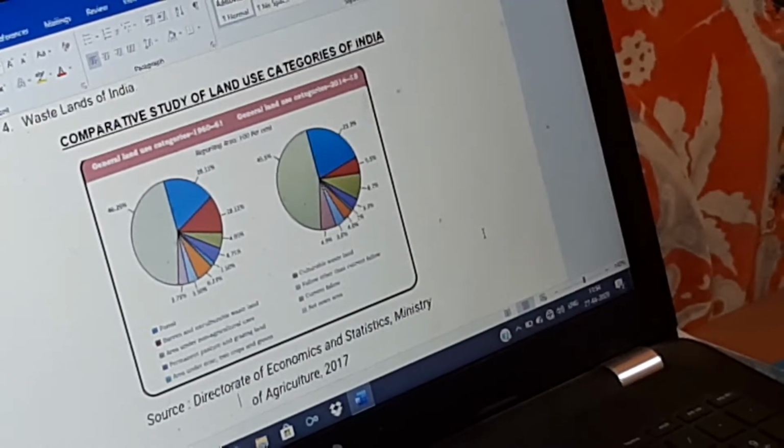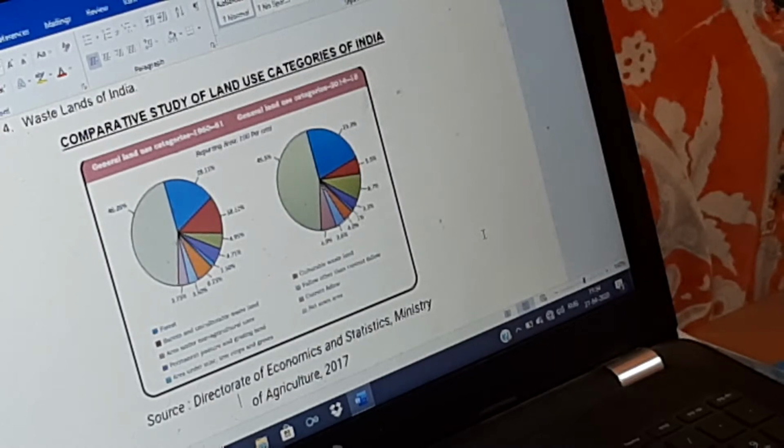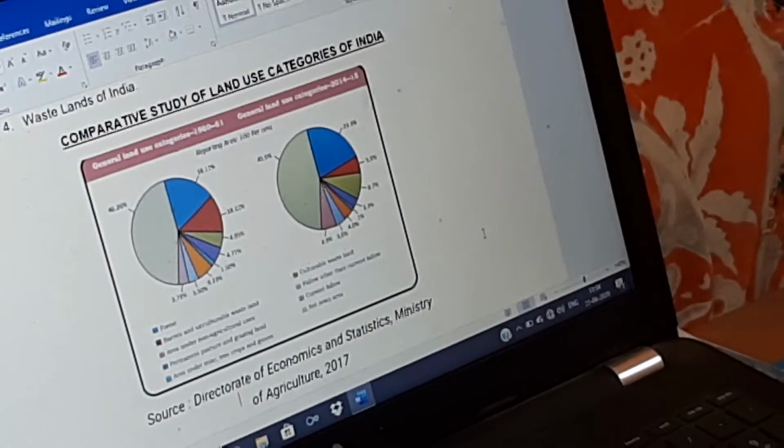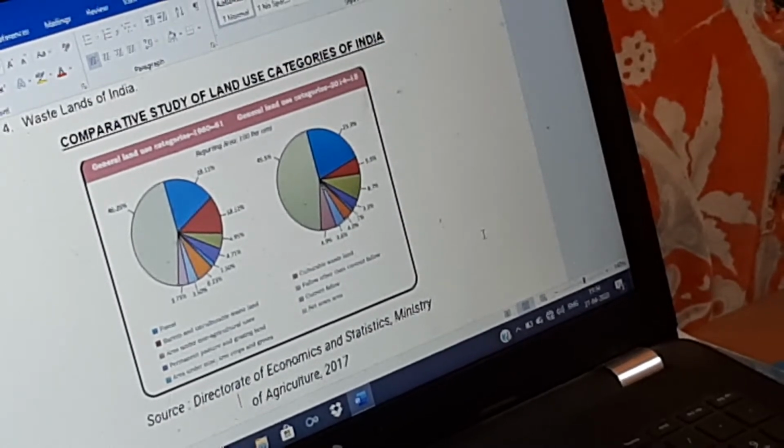And secondly, our country has a monsoonal climate where the rainfall is very erratic in nature, not a regular one. So the marginal farmers do not have irrigational facilities, thus they have to depend upon the monsoon for agricultural activities, so they are unable to cultivate the land. Thus the fallow lands have increased.